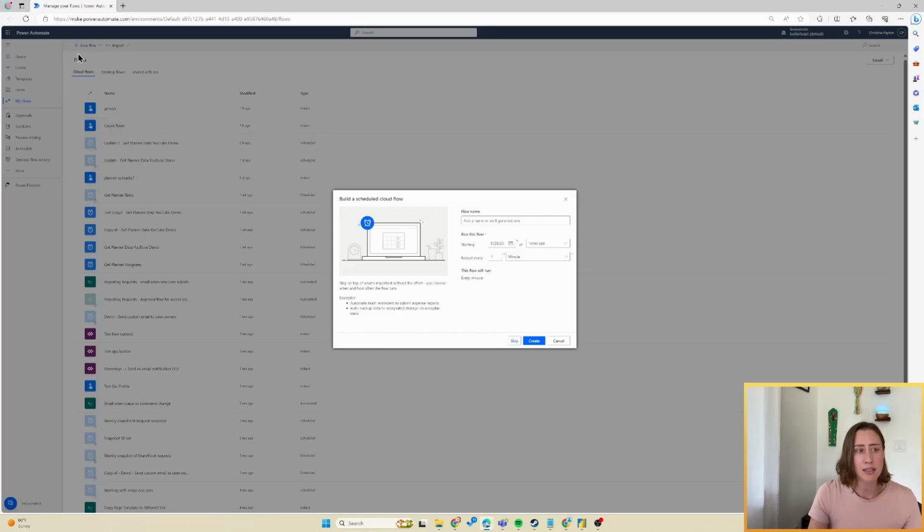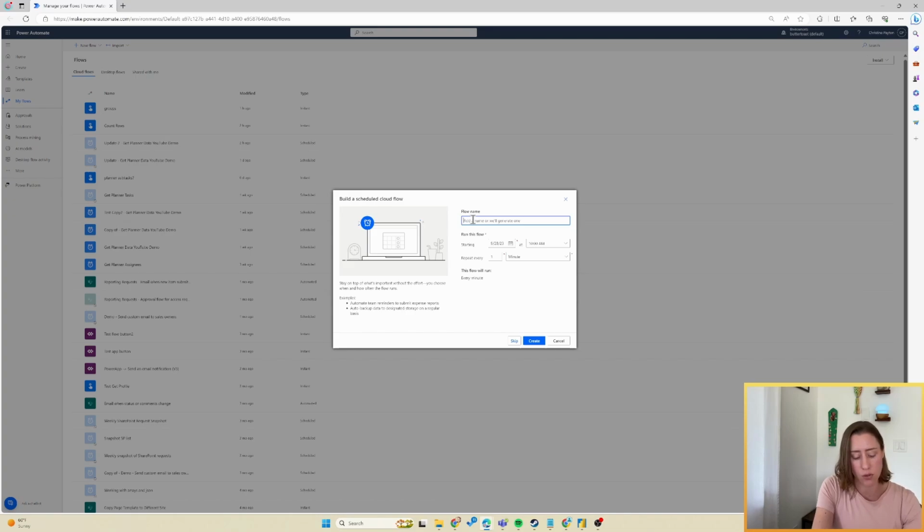So I'm making a scheduled flow in Power Automate. I'm going to go to new flow and choose the scheduled flow option. You could run this daily, you could run it weekly, you could run it monthly. It just depends on how often you're going to be using the data. Depending on the size of your organization, this can be a pretty lengthy query if you've got thousands of groups and you're iterating over each one of those to get the membership. So if you're in a larger organization, you probably don't want to be running this daily just because you'll run